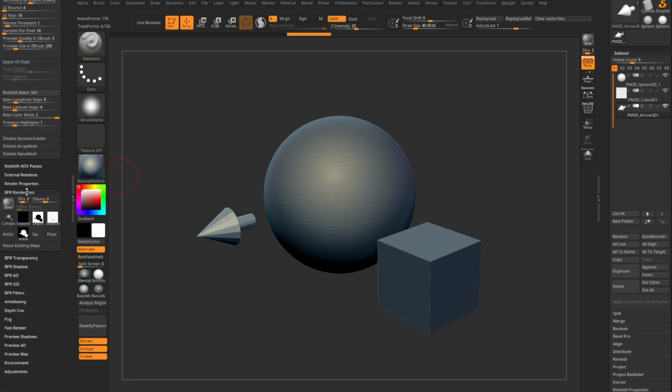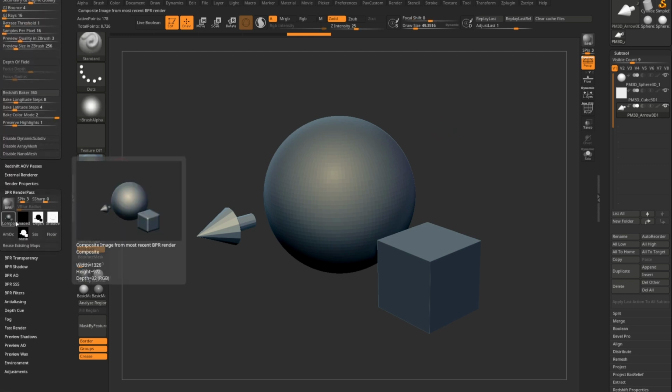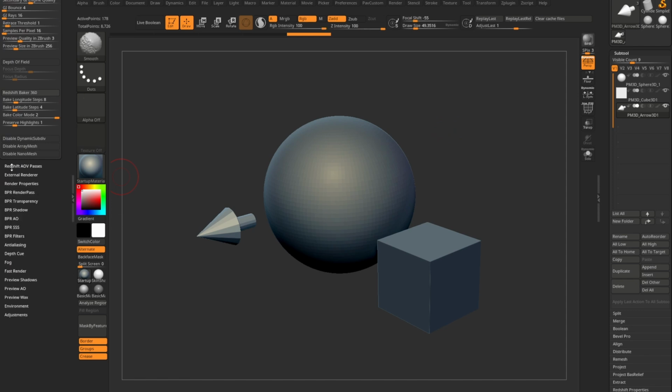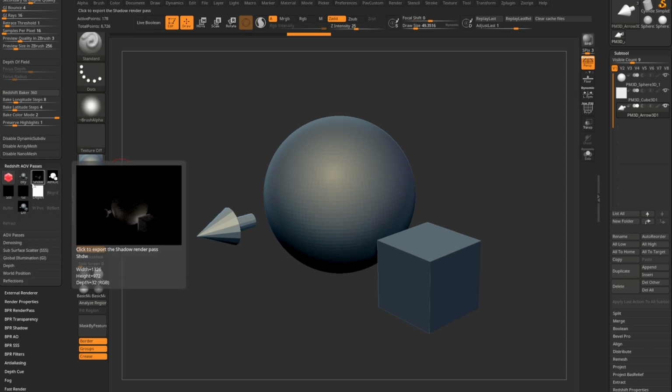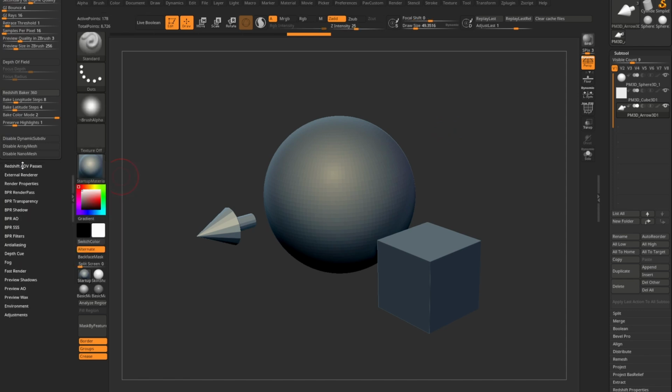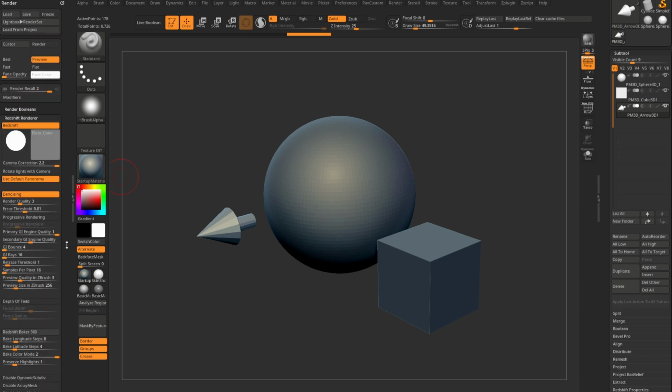If you go down here to BPR pass, your BPR renders are all stored in here, and then our Redshift AOV passes, same thing. We have a bunch of passes in here. So you didn't lose anything. The render that you kicked off is still saved as an image, but we'll get to the render passes in another video. So if we want to get that nice render back, all we got to do is, again, hit